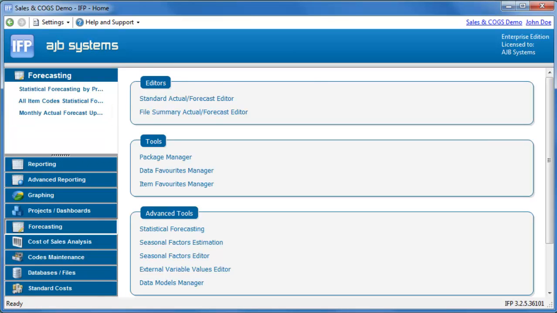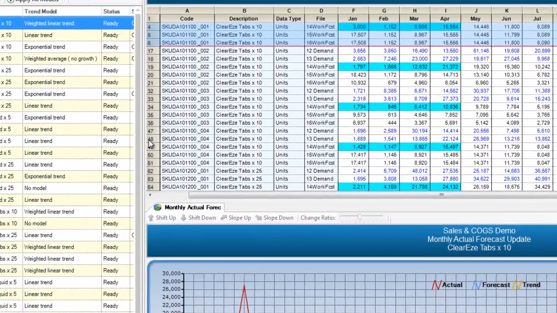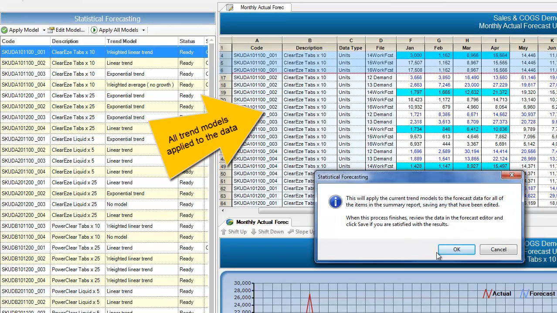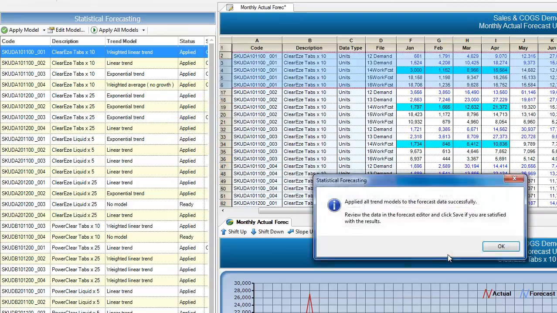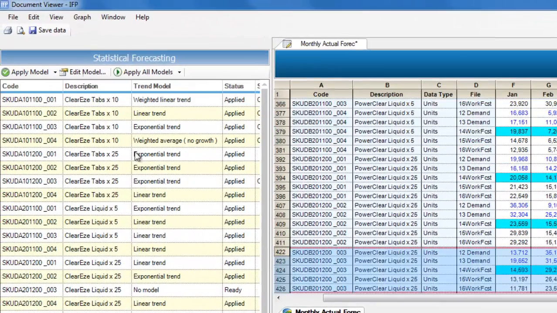To update forecasts each month using the latest available actual data, you may simply select the favorite from IFP Home, click Apply All Models, review your data, and click Save. This will greatly improve your efficiency and reduce the level of skills and knowledge required to apply